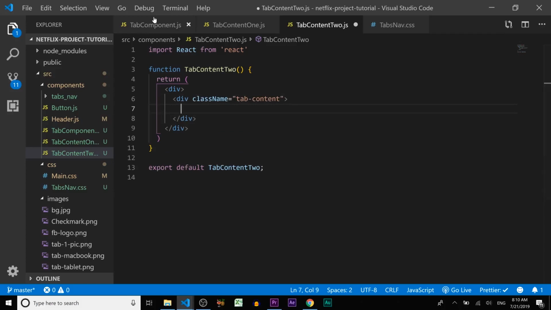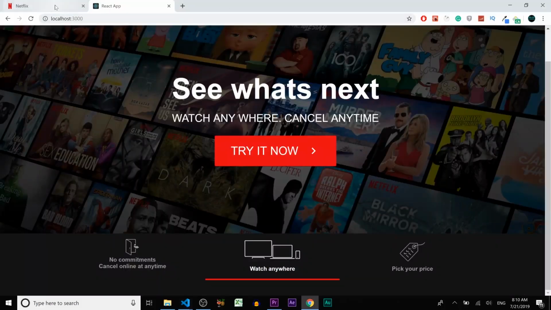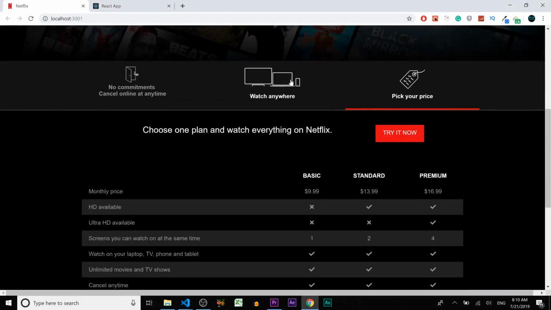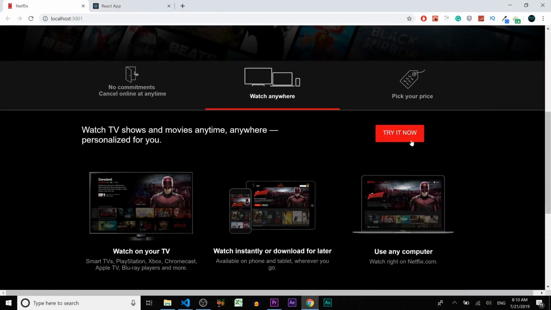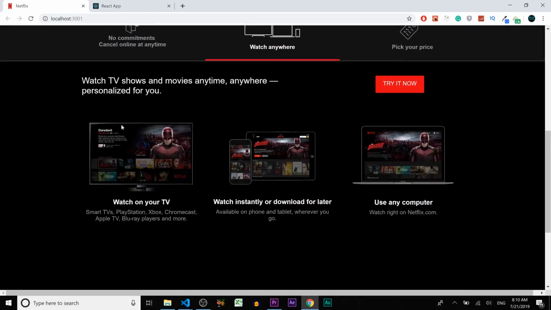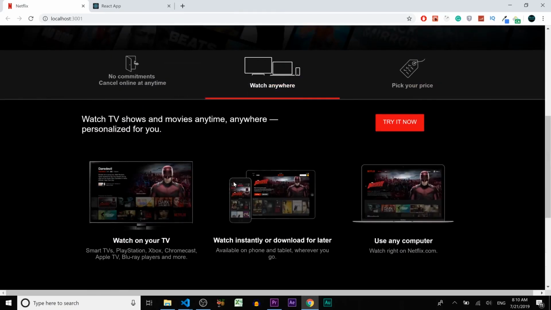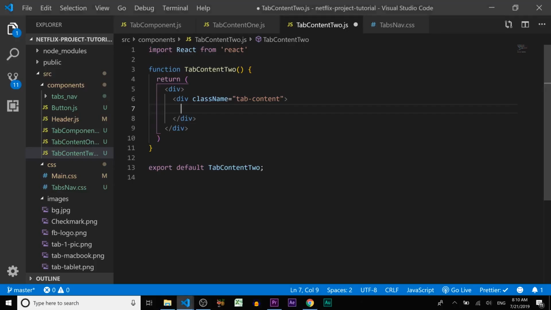Inside tab content, for the second one for devices, we're gonna have the top container and on the bottom our images. All right, so let's create tab top content,